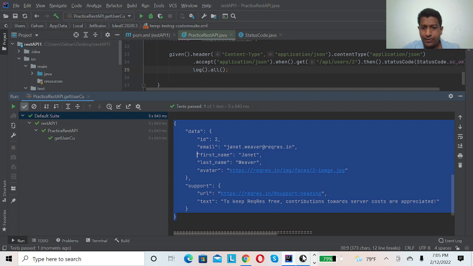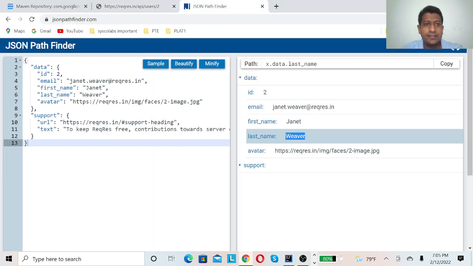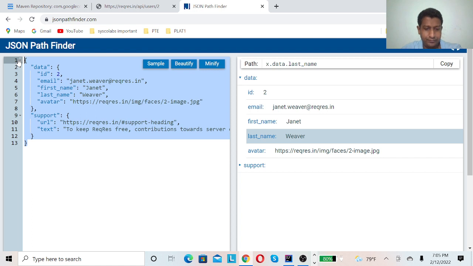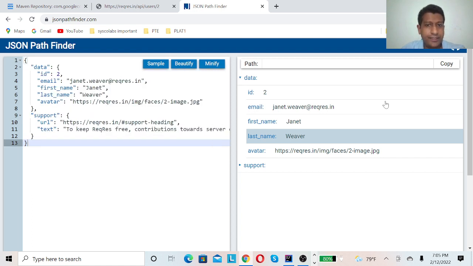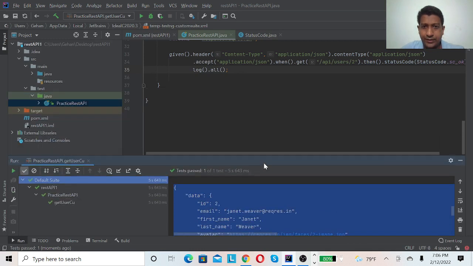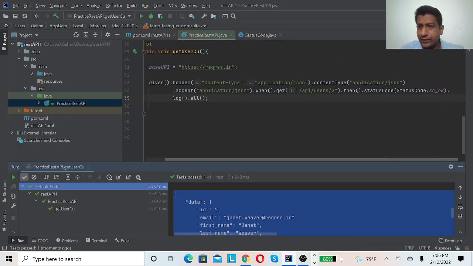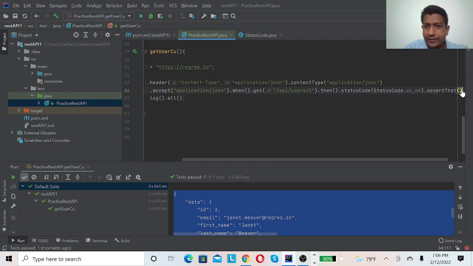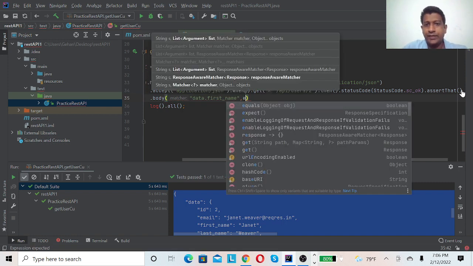Just copy it and paste it on the JSON path. Then, since I need the first name, just copy this JSON path, and here I can use assert that dot body, and here I can pass the JSON path, and comma, I'm using equal to.